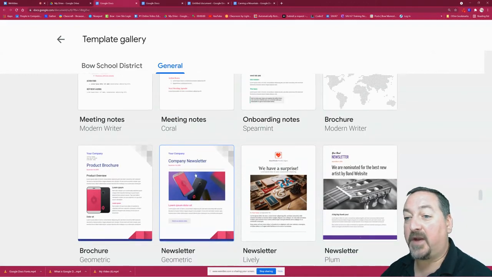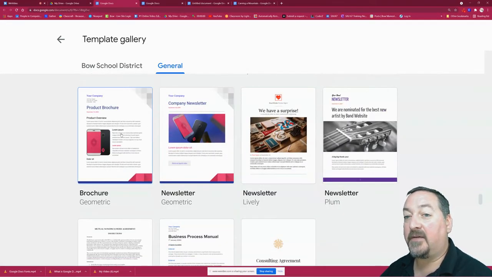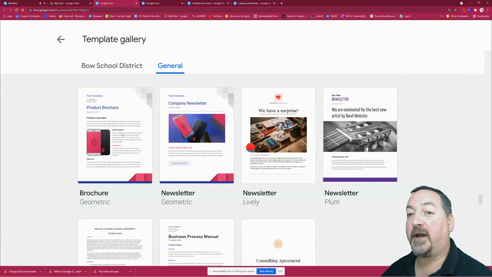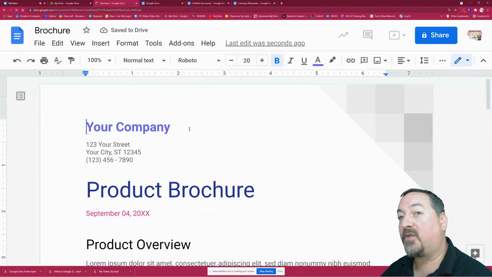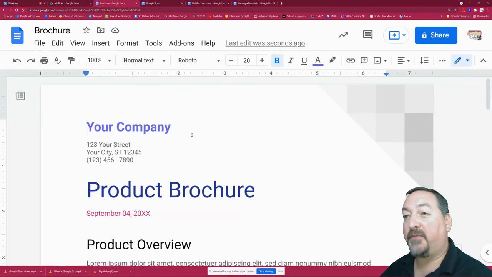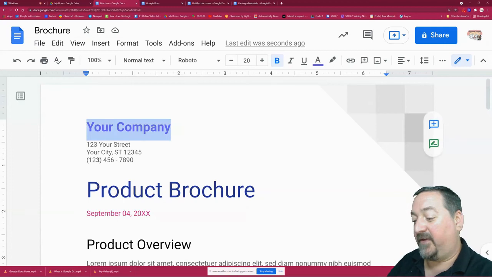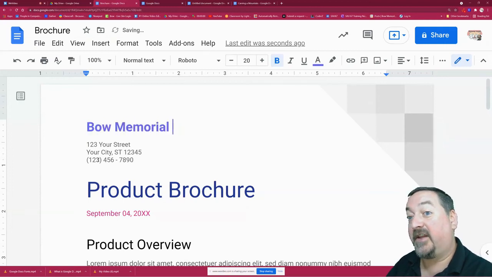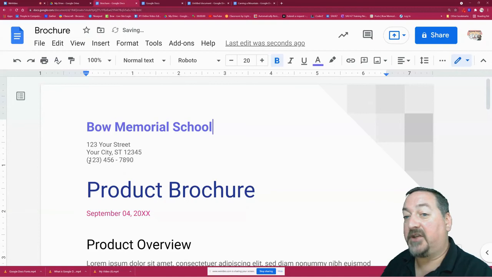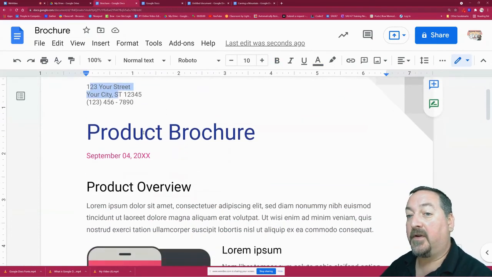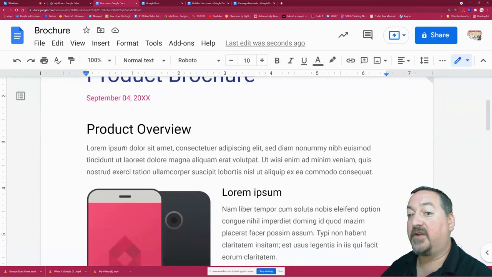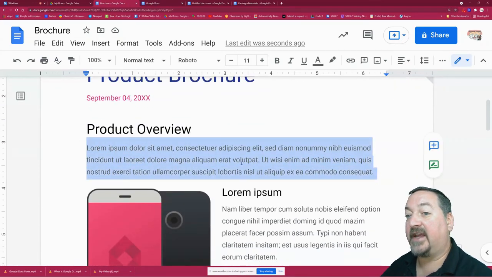So I'm just going to pick one of these newsletter ones, or a brochure. I'm going to open that brochure up, and this is going to take me to my Google Doc with my template already preloaded. You notice it has the graphics added, and then everything is just fillable. So you'll highlight the fields and fill in your own information. Add your own address, your phone number, the date, and then you can start deleting this text and add in